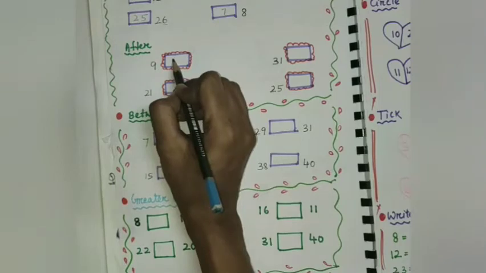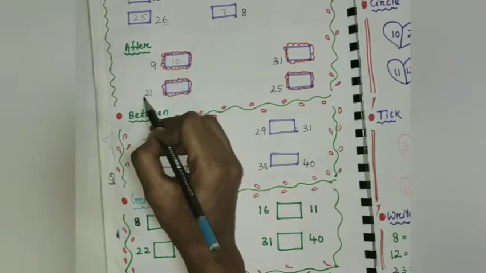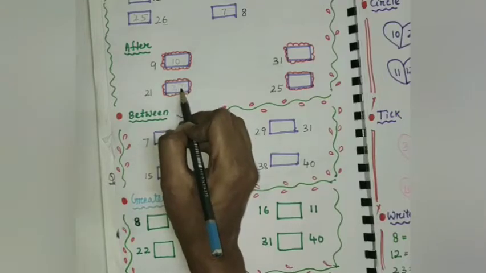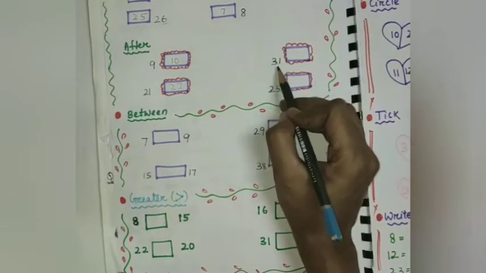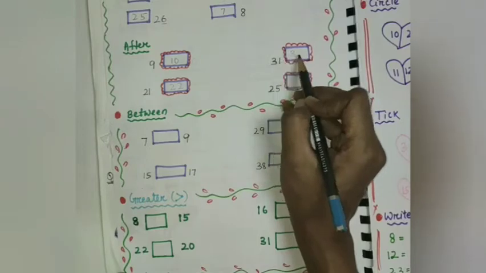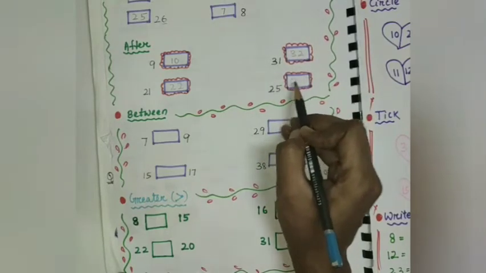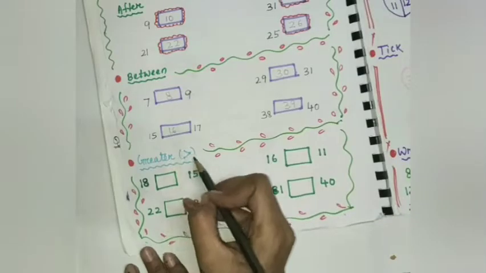Okay, here 21, the 2 will go. And after we'll do forward counting: 21, then 22, then 31, where 3 is constant. When backward counting 1, then comes 2, so 32. Okay, then here 25, then comes 26. Okay, in this manner we'll do. It is easy to do.